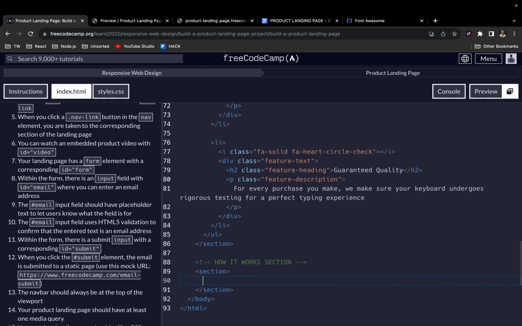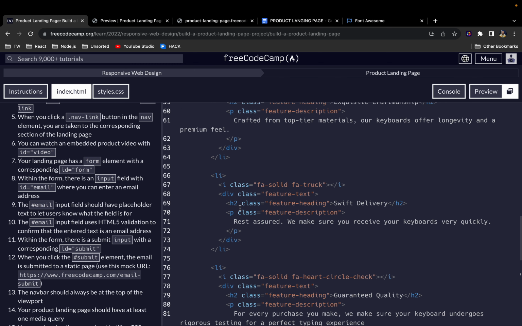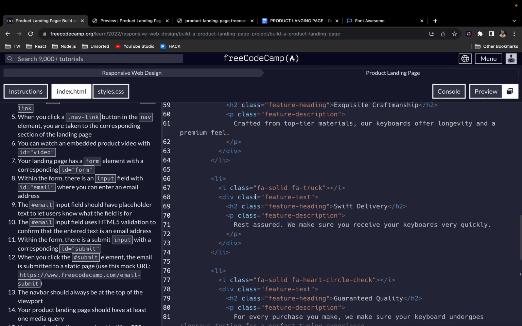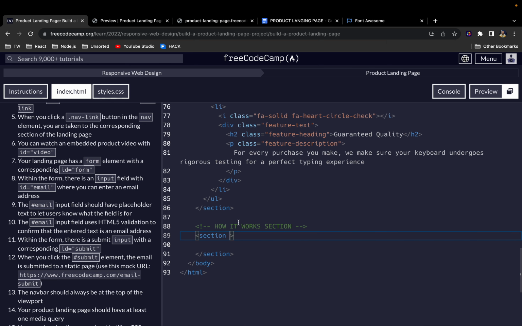This section is going to have an ID. Yeah, so all of the sections should have an ID. So once again, I forgot that one. So this one has an ID of features. This one is also going to have an ID of